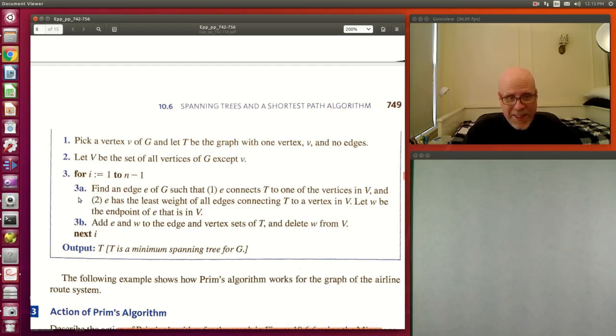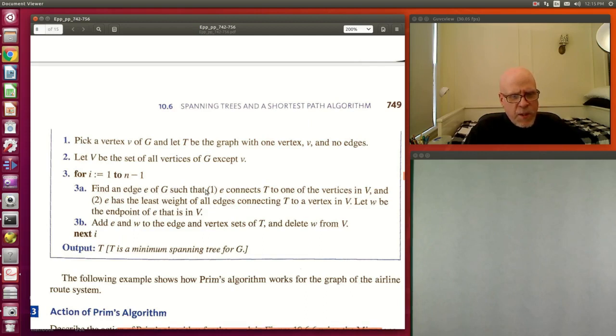I don't know why they did a while in the previous one and a for in this one. Oh, maybe I do. Yeah, maybe it's conceptually easier to think. It doesn't matter. For i from 1 to n minus 1, there's absolutely n minus 1 steps, so this is nice. You know that it's going to finish rapidly. You find an edge